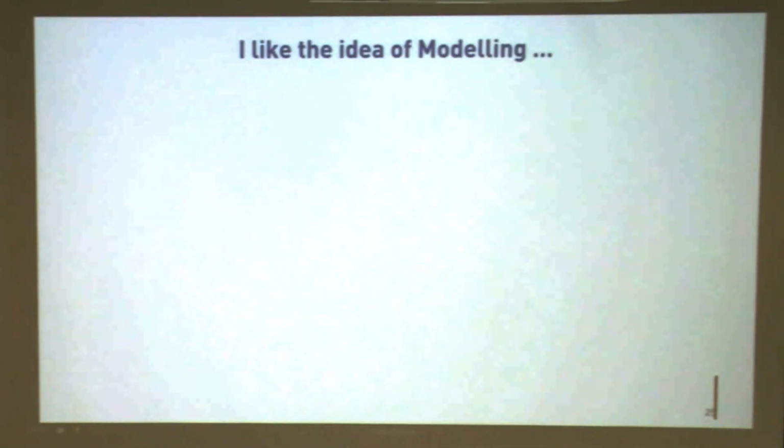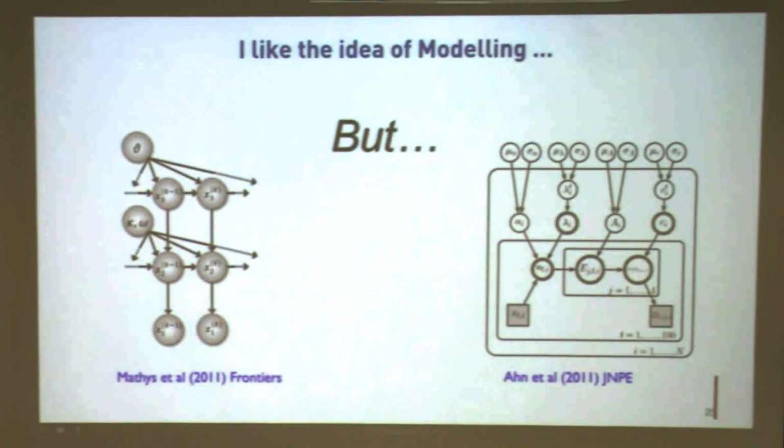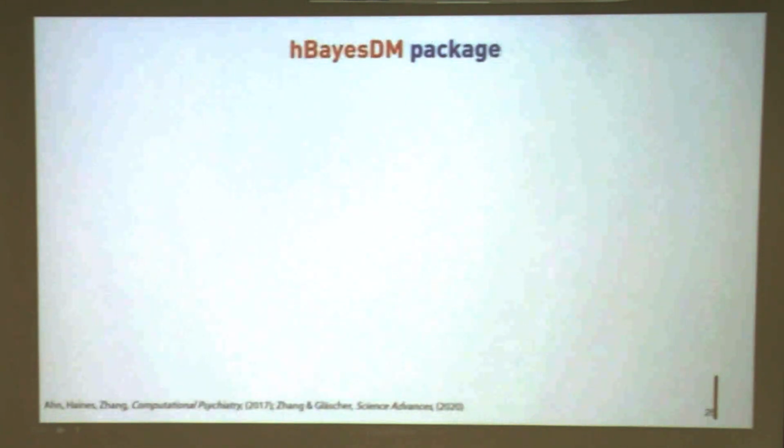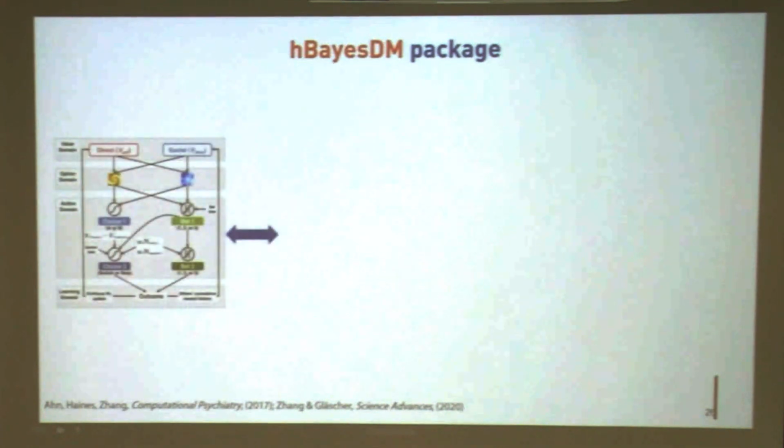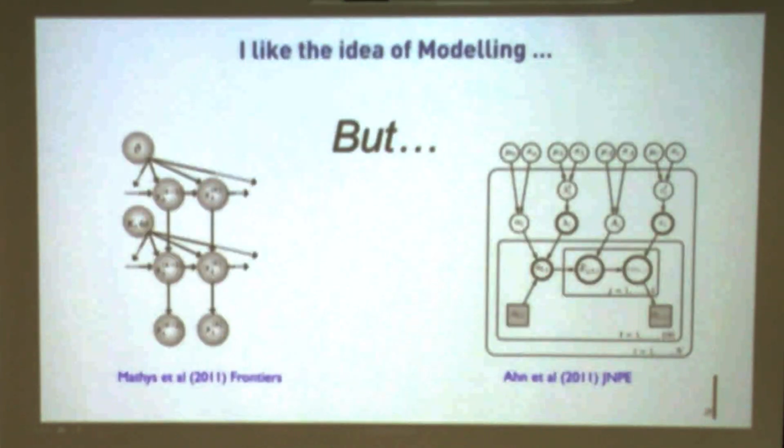I showed you using reinforcement learning to understand behavior is interesting, and I like the idea of modeling, but actually if you look at literature, some of them, they are confusing. It doesn't make so much sense in the very beginning. What you can do, right, if you want to apply these approaches? So what we did is, well, let's look at this one example. The models, at sometimes they can be confusing.